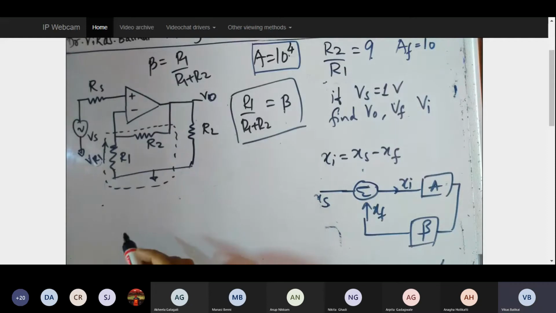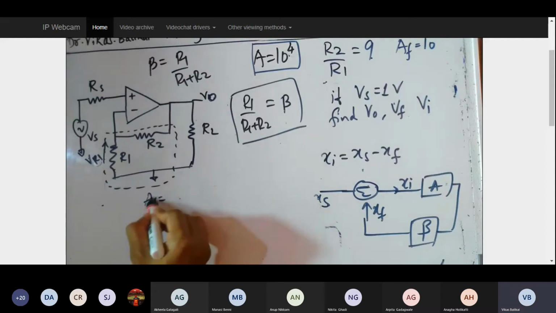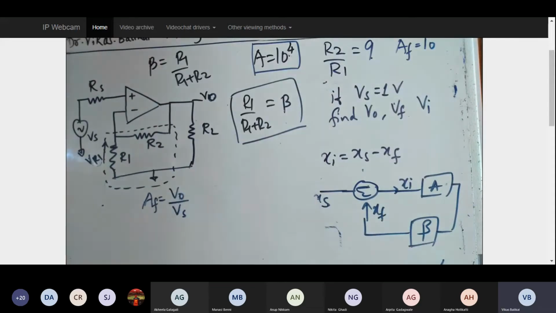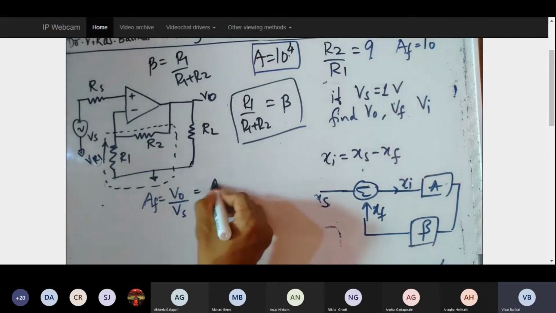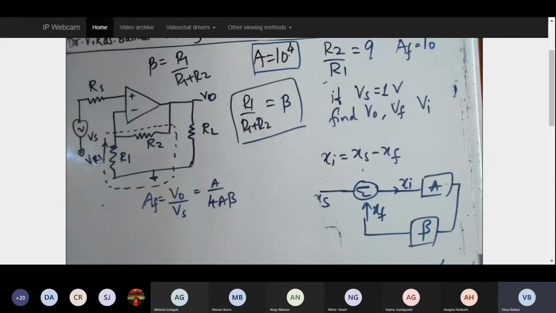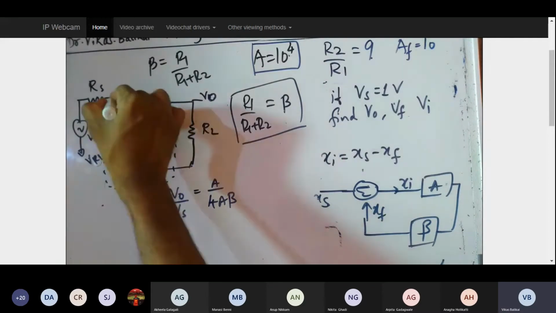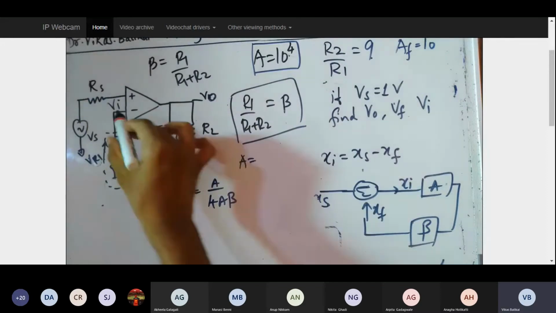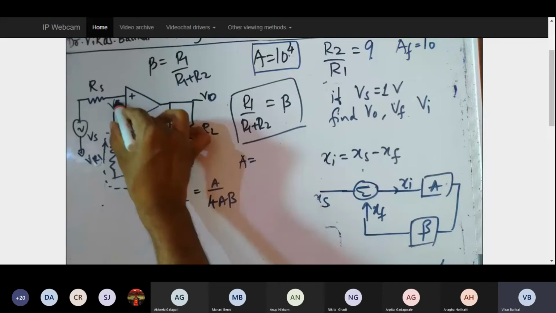So we know that AF, the amount of feedback, can also be given by the total output, that is the final output, to the final input. That's the expression I got as A divided by 1 plus A beta. But ultimately, how do I express my feedback amplifier gain? That is the total output upon total input. But what will be the A expression if this is Vi? Can you tell me what will be the A? If I say this is the input voltage that is entering the op amp, now I am asking you what is A. What would be your answer?